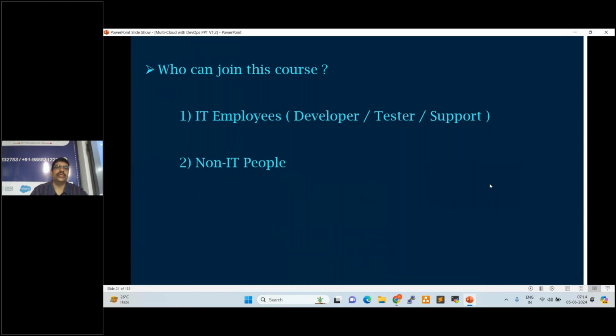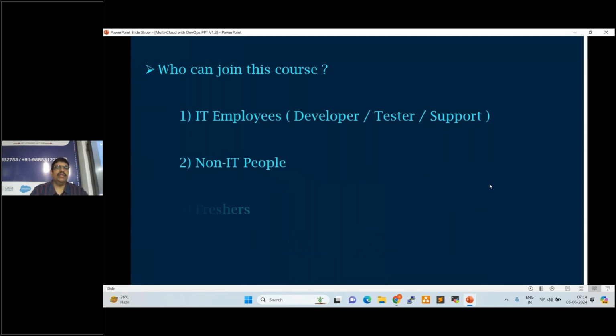In our project, one guy has a civil background, from the construction field. One guy did B Pharmacy, and currently he's in Cognizant. In my previous batch, he learned DevOps and switched to the IT industry.